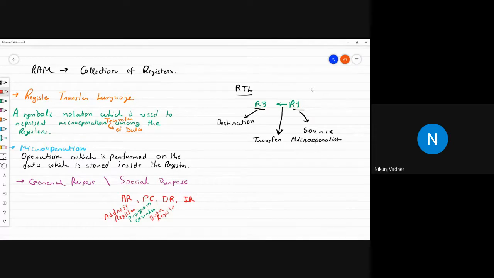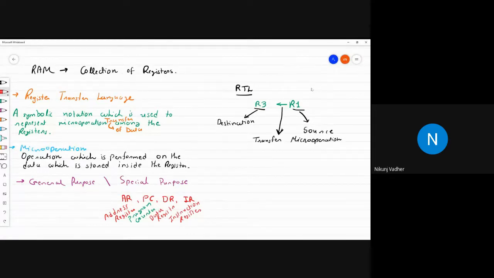IR stands for instruction register. So these are the special purpose registers, which have some specific meaning, or they are implemented to store a specific type of data.